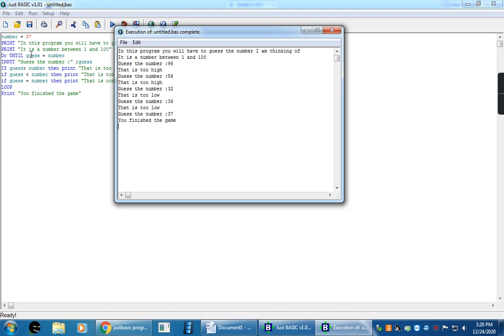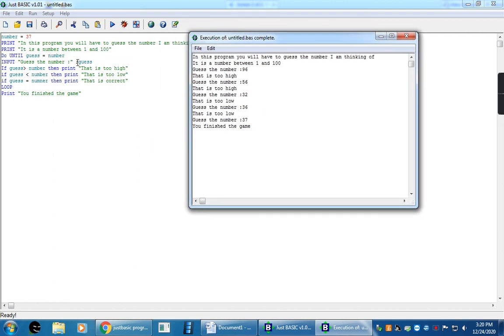Right? So what it is doing is, see here, the number I get from the user will be compared with the number 37. If it is greater, it will tell us it is too high. If it is less, it will tell us it is too low. If it is equal, it will tell us it is correct. So until I guess the number, these statements will be executed again and again. It is repeatedly asking me. In the previous examples, it stopped once, but here it keeps on executing until I give the correct number. So this is called a looping statement.